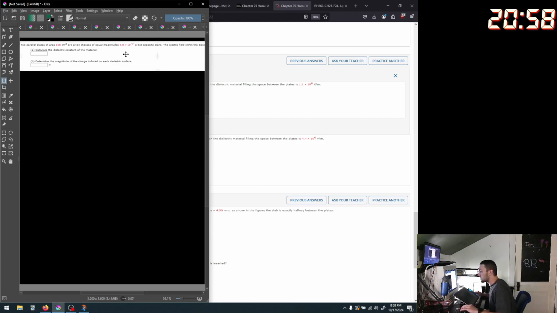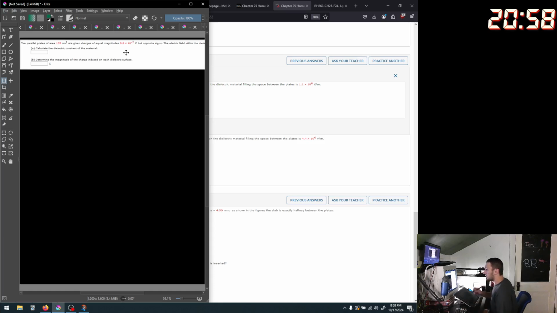This one's kind of crazy. So we have area equals 105 centimeters, which we want to convert to meters. And then are given equal magnitudes. Something that's going to be E. I'm not quite sure if that's E yet, but I'll leave it. And then